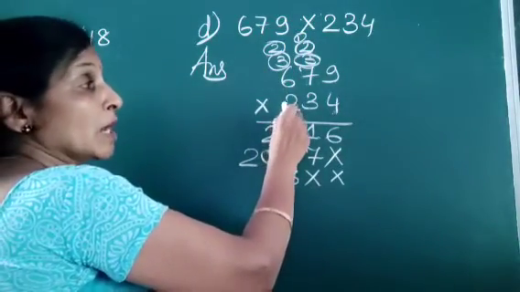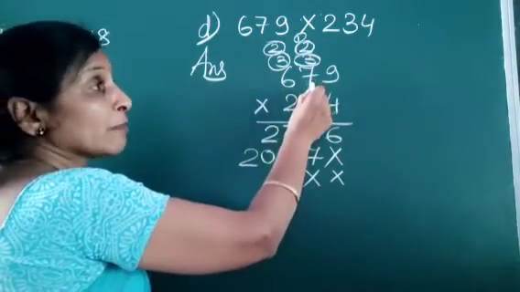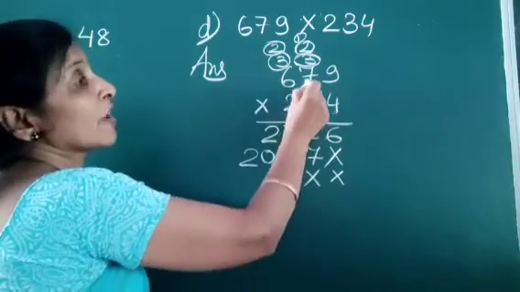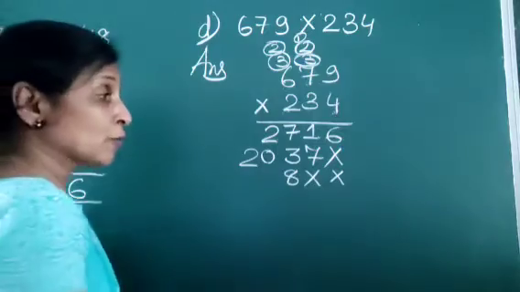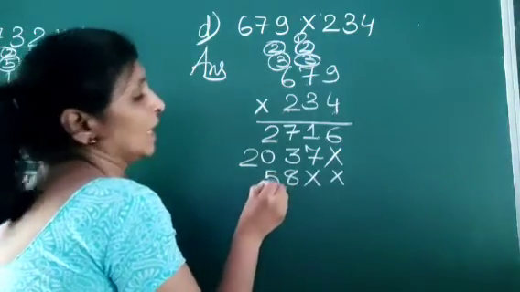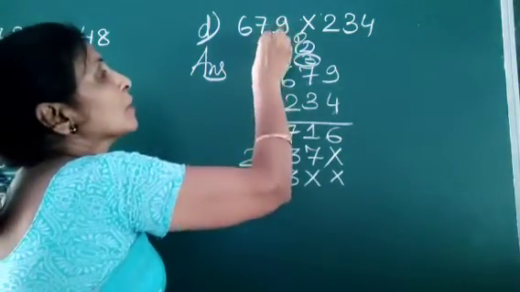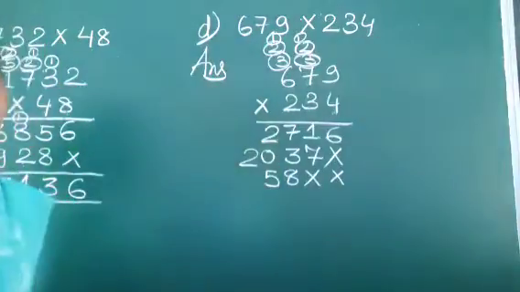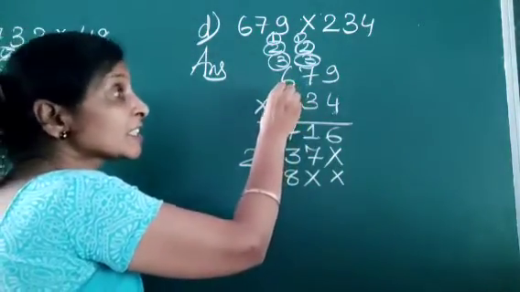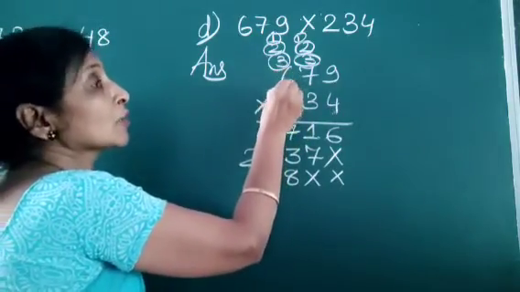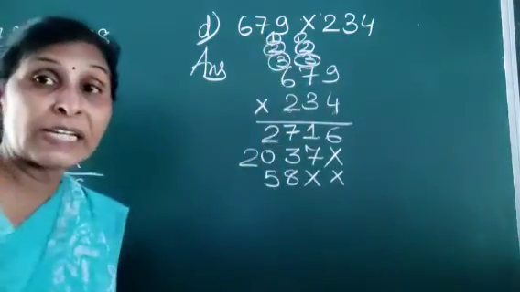Again the table of 2, how many times we tell? 7 times. 2 7s are 14 and add 1 carry in 14, that comes 15. Write 5 and put 1 carry over here. Again the table of 2 tells 6 times, that is 2 6s are 12 and add 1 carry in that,